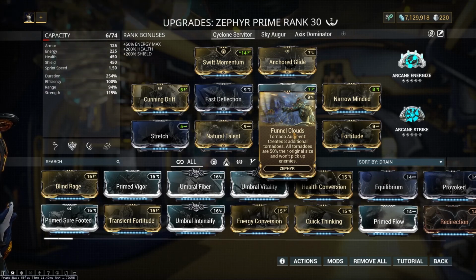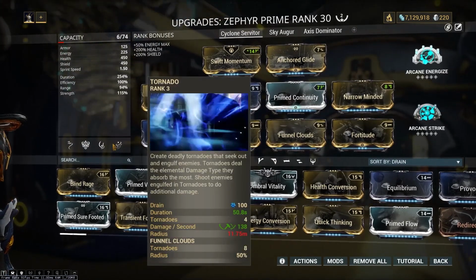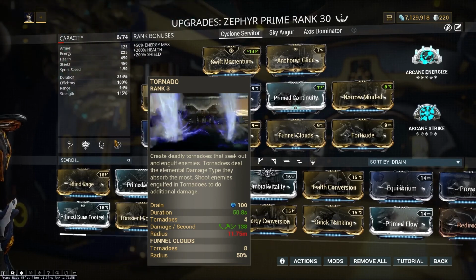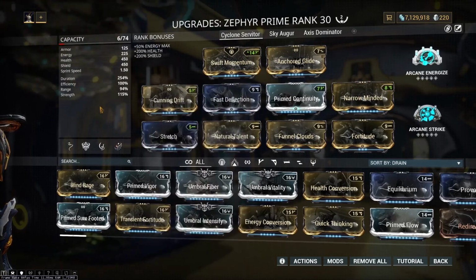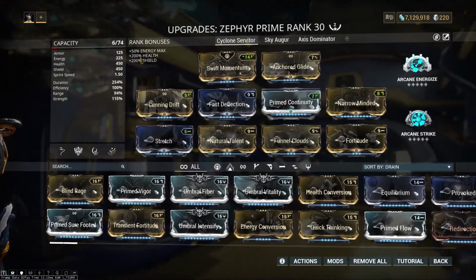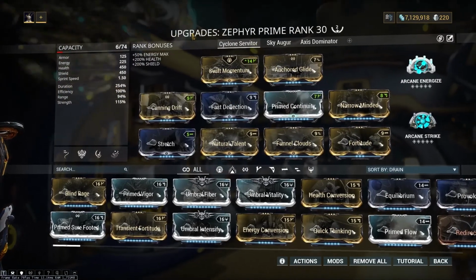Because of the tornado's property of spreading damage to engulfed enemies when I strike, this allows me to deal some wild AoE damage as long as I keep punching my tornadoes when they're near enemies. To support funnel clouds, I opted for narrow-minded and prime continuity for a huge amount of duration. This will allow me to keep my tornadoes and turbulence up longer, as well as give me a huge amount